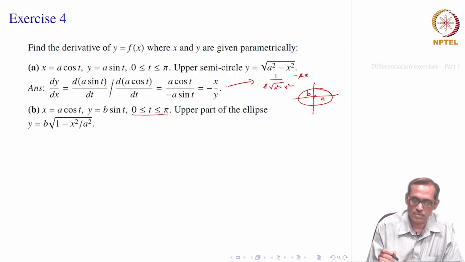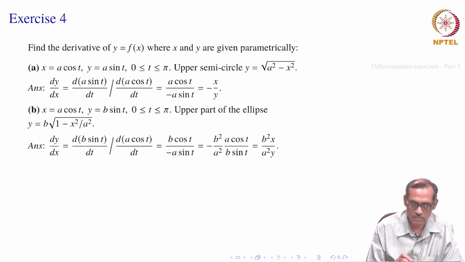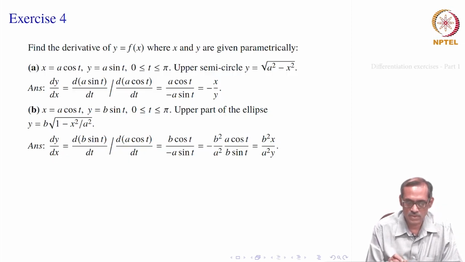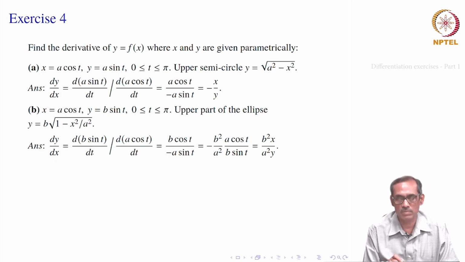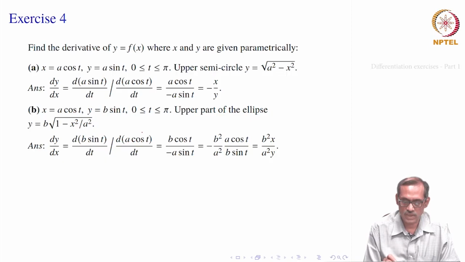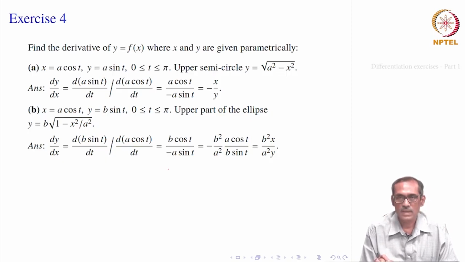Again you have two options, whether to do it parametrically or directly. So, let us do one of them, say we will use parametric differentiation. Now, here dy by dx is dy by dt divided by dx by dt as earlier. Now, y is b sin t, so its derivative with respect to t is b cosine t, and x is a cosine t, so its derivative is minus a sin t. Okay.